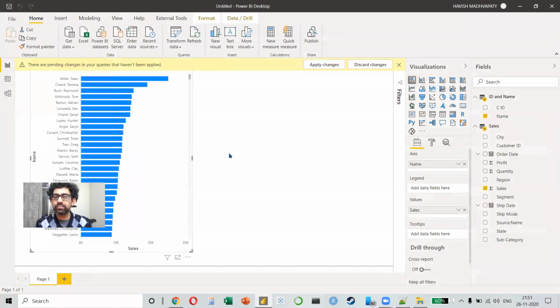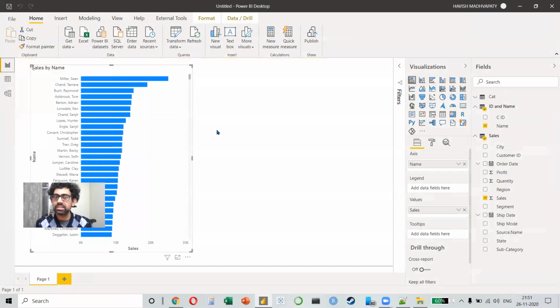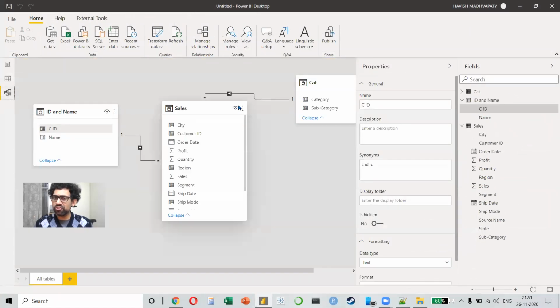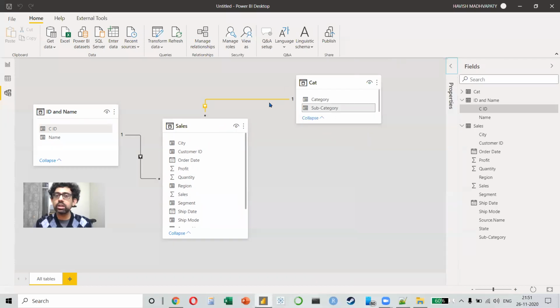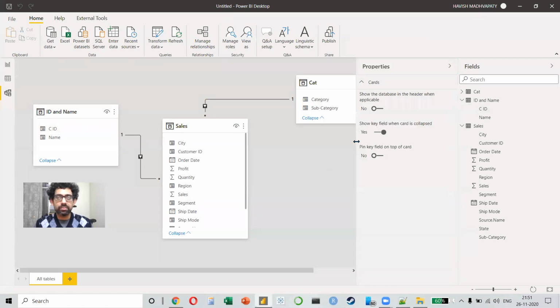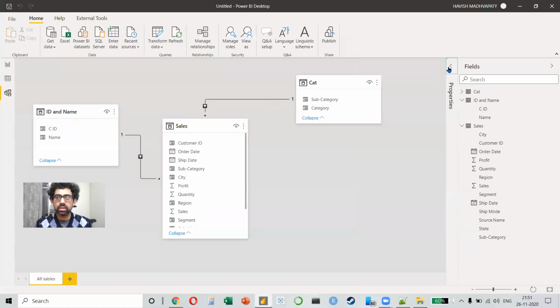Close and apply. Now this time, let's see what happens. You notice that strangely, I did not make the relationship, right? I did it right in front of you. This is called an automatic relationship, which means it is automatically detecting that the subcategory and the subcategory are connected to each other. Now, why did it work in this case and not in the other case? There are a lot of reasons. Sometimes because the name is the same, like subcategory, subcategory, it works.